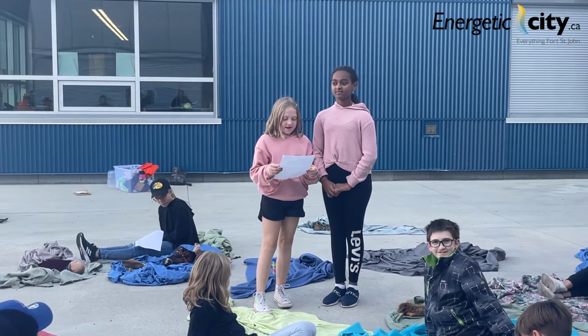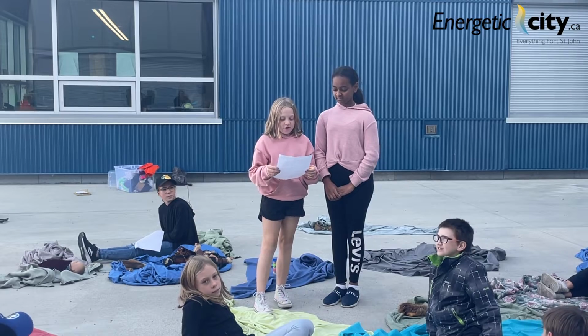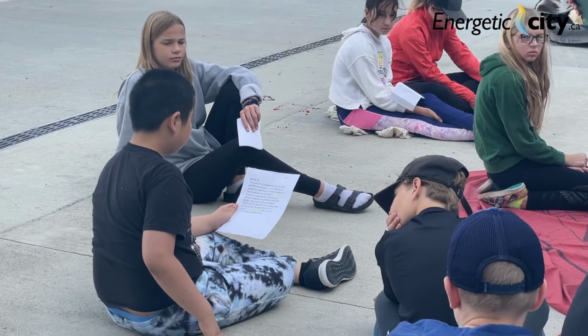The students are on their own traditional lands, and they experience how the land was slowly taken away, and their life had changed because of that, and a lot of the culture changed because of the displacement. Students moved through history, taking turns reading from scrolls with information on a variety of topics, such as